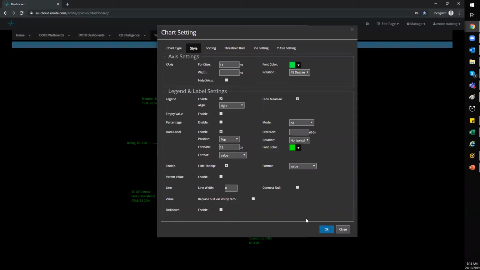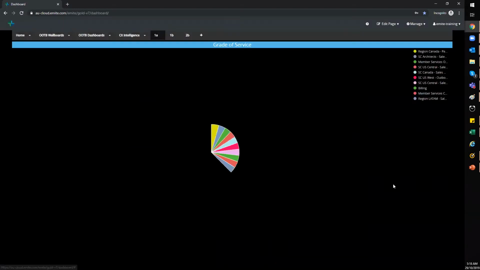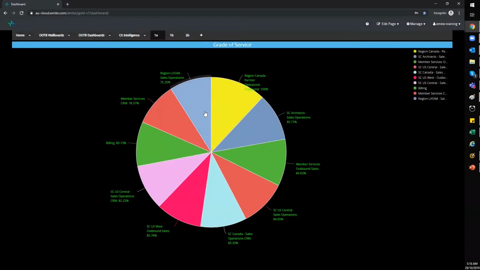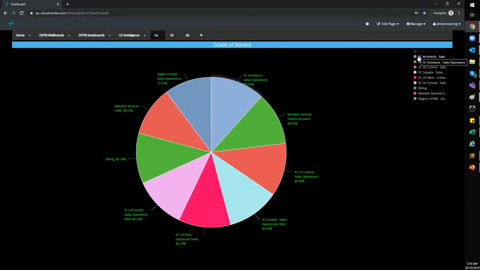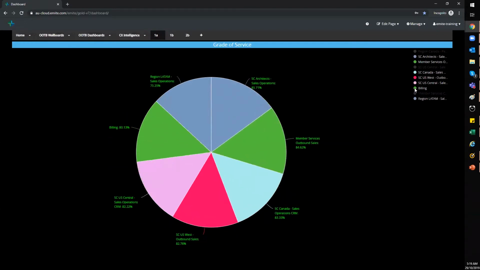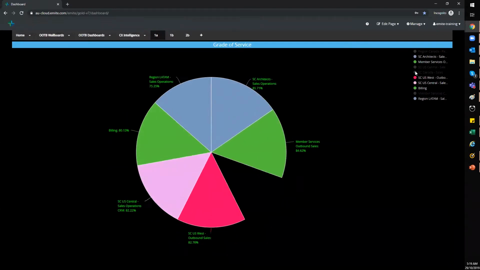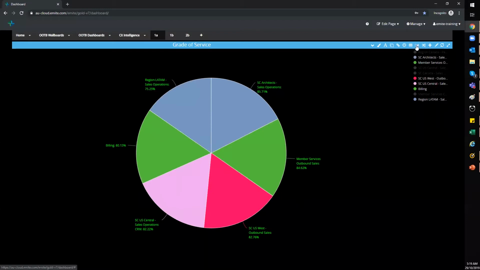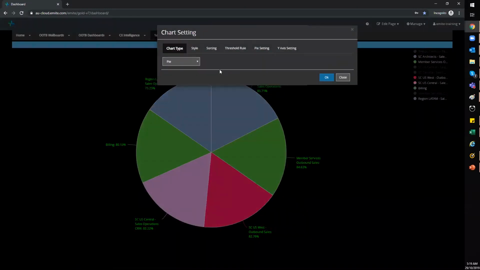I will just hide the measure so we'll have a better naming convention for the labels, which is pretty cool because this would also serve as a filter. So as you select or deselect the color, you would also notice that your chart changes, right? So that's all in your chart settings. Similar, if you would choose a 3D donut,